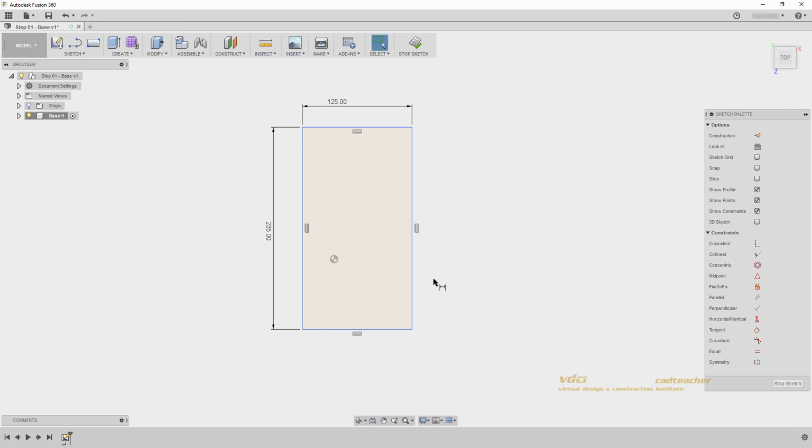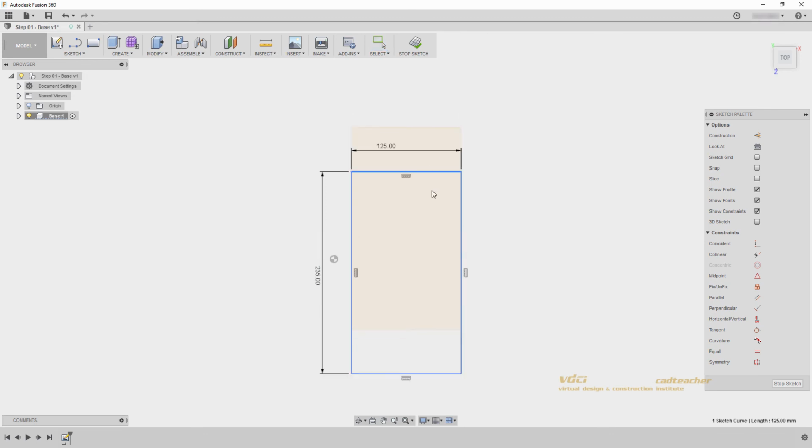Our sketch is now fully dimensioned, but as I click and drag on my edges, you can see that my rectangle can still move around my screen. This means that it is not yet fully constrained. In order to fully constrain it, let's go to our sketch palette and select a constraint. I will go midpoint